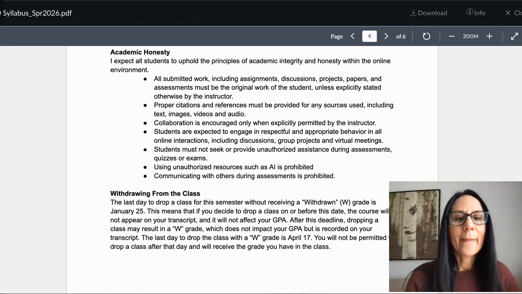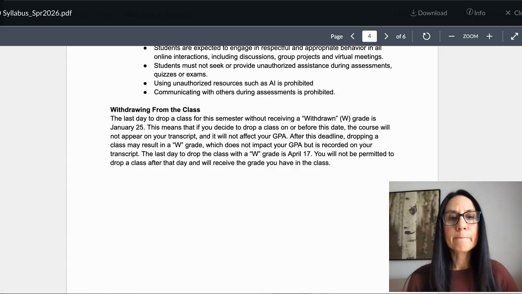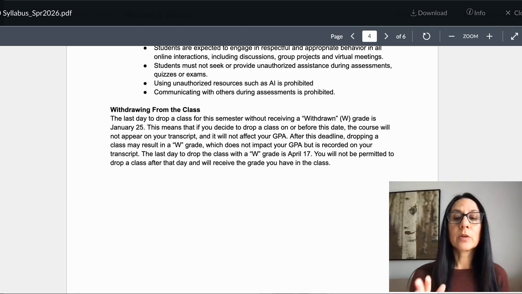Okay. Withdrawing from the class. It is on you to withdraw. If you don't withdraw, then you end up getting the grade that you end up with, which would be an F because you didn't do any of the assignments. But there are these deadlines. So if you want to withdraw this class